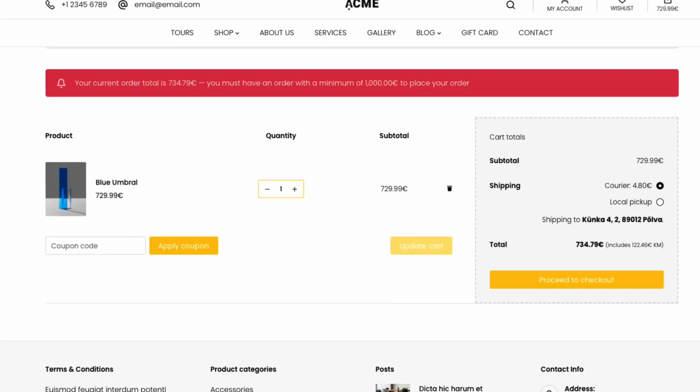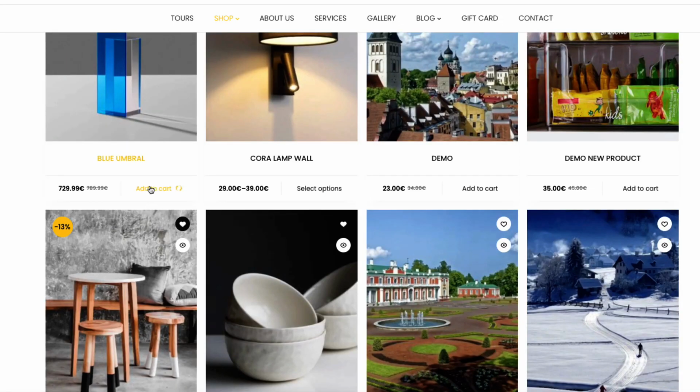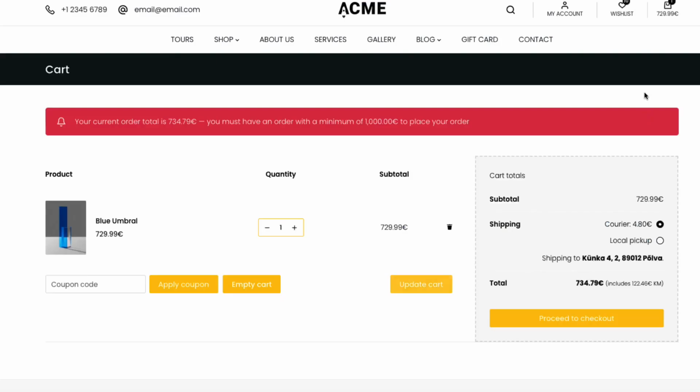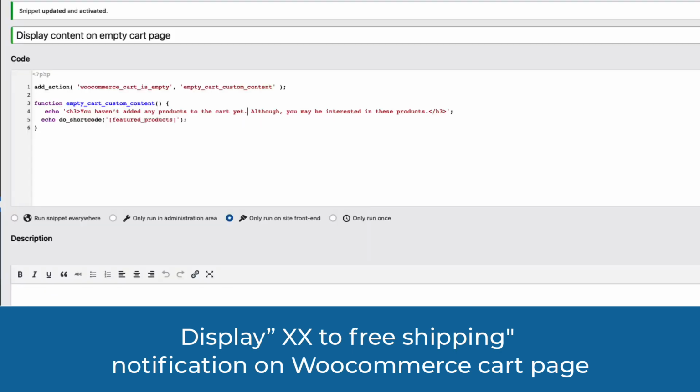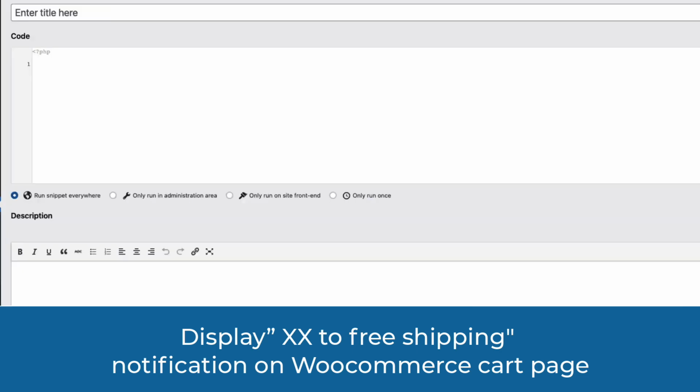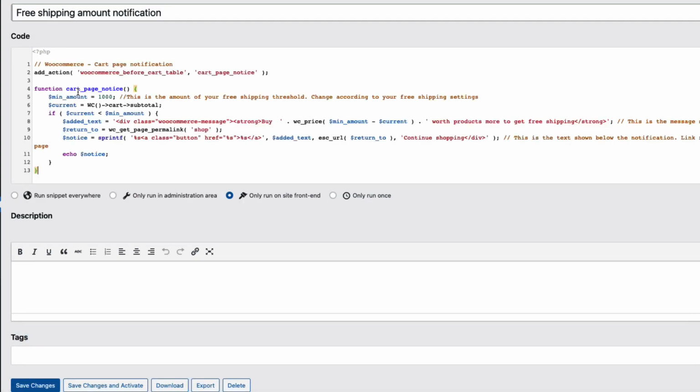Now I'm going to go back to the shop page and add a product to the cart. And I'm going to add a free shipping notification here. I'm going to show you what I mean exactly. So back to the snippets, add new, give it a title, for example, free shipping amount notification. Next one, paste this snippet, and if you have set a free shipping amount in your shop, then change this